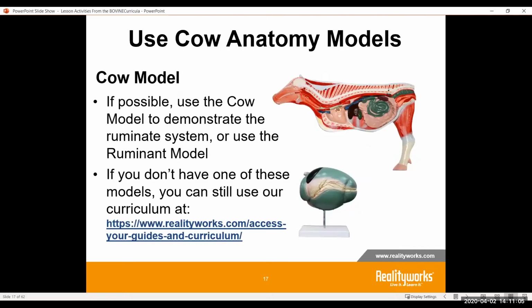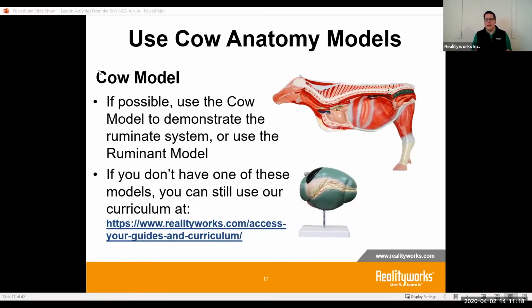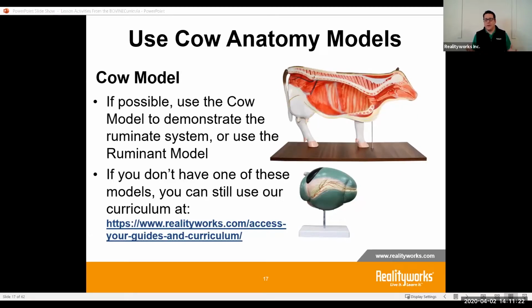Now, this is something for you instructors, one of those places where, as you are teaching, it may come in handy to use our cow models, if you have those available to you.